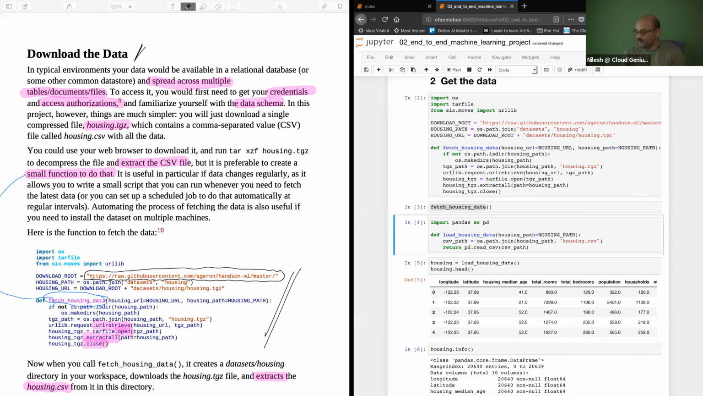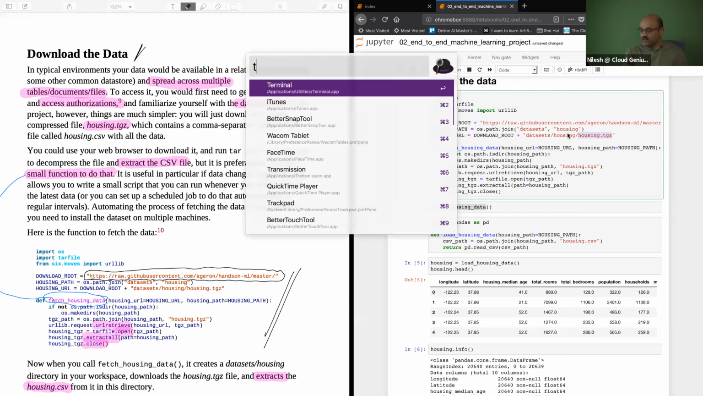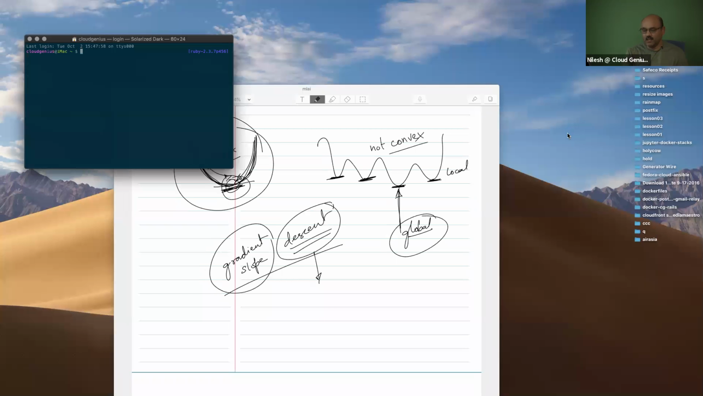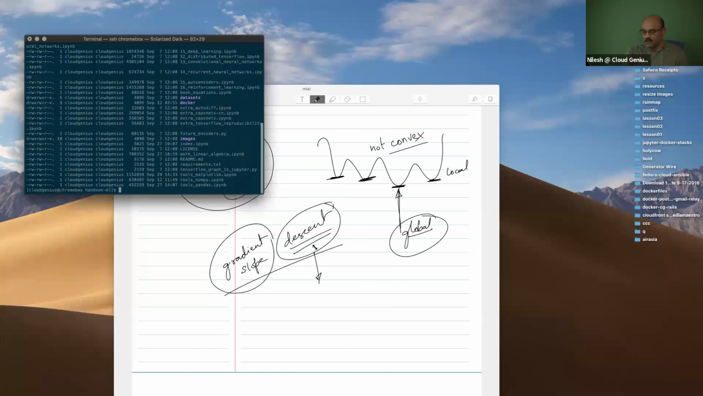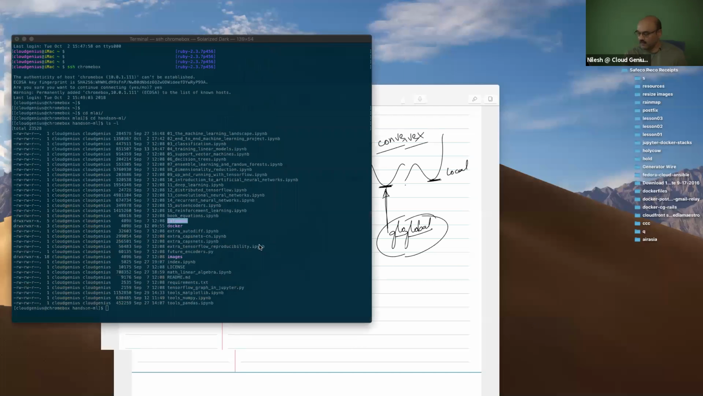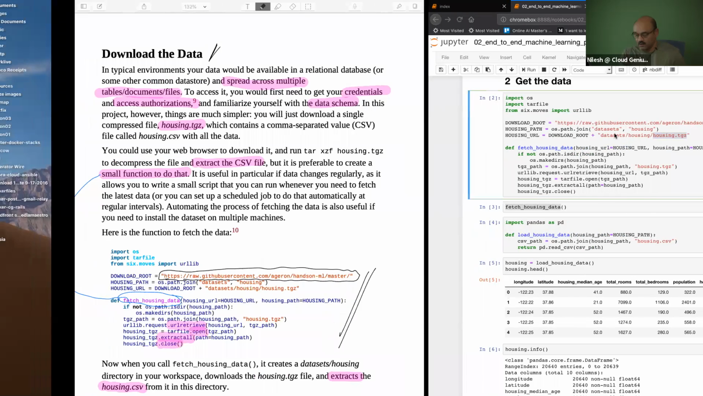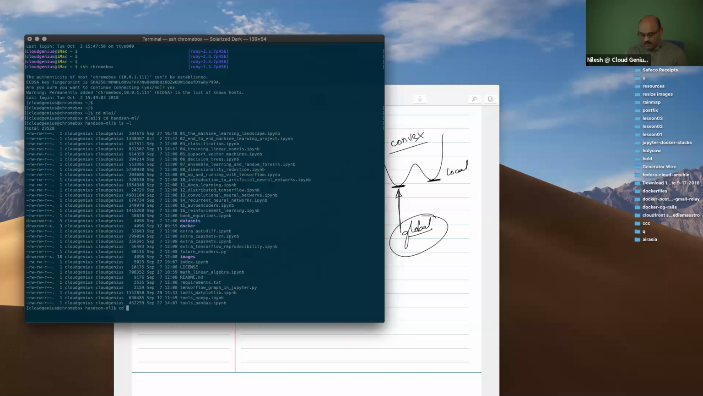Now that data is actually sitting in our download route. That root location, datasets housing.tgz, is now available in our command line. If you go and inspect your command line in the Docker repository, for example, you should see that here. So if I go to my location where the data is stored, the hands-on machine learning folder, you will find that we now have datasets stored in datasets housing.tgz. So here is datasets, then we go to datasets,